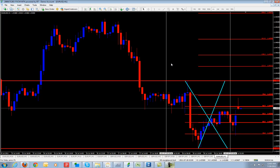So, for example, if price is already above here and it falls, and then there's a pivot, we know that it's more than likely going to keep going. If price is down here and it comes up, and then there's a pivot point, we know it's probably going to keep falling. But anyhow, if I wasn't using my spreadsheet, and if I didn't have an indicator, which,